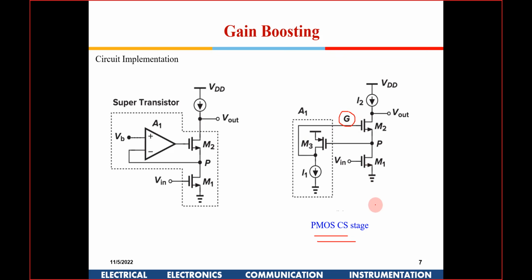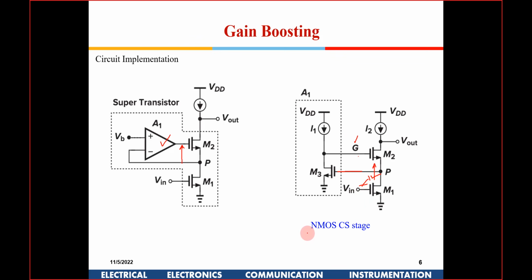Sir, in the previous slide I have a doubt. How is this feedback happening here? We are feeding VP from this gain boosting circuit to the negative terminal. Yes, this is just an amplifier, right? But sir, the negative feedback is there, na? So in this right circuit, how is it happening? Okay, so